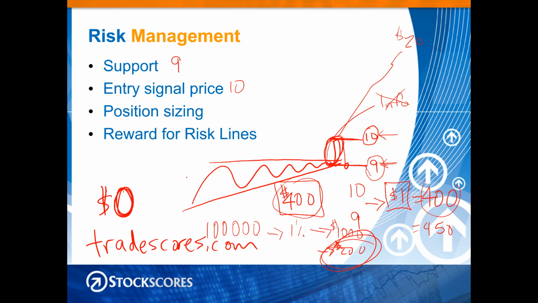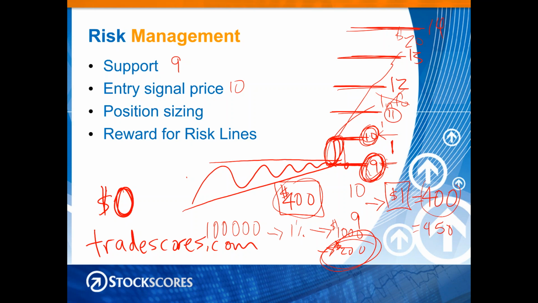Okay, now the other thing that we use this risk-reward concept for is risk-reward lines. I can draw a line that is a multiple of my risk, and I can extrapolate those higher. So this line would be at $11 because my support is at 9, I'm entering at 10, the difference is 1, right? Well, another $1 higher is 11, this one would be 12, 13, 14, right?